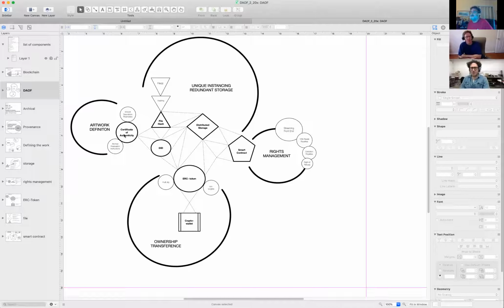Maybe, but the certificate of authenticity, if it's a separate document, is basically searchable by anyone. That is public information. That's why we're separating these things out. It's not that the contract gives you access to that information. The contract is really mediating who gets access to the file and how, and it mediates transference of ownership, right?